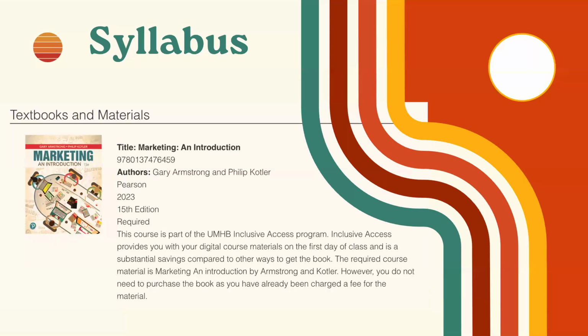Okay. So the book is crucial. Again, you're not going to get to be in class with me as we go through all this stuff. And so the book is crucial. And this is the book. It's called Marketing: An Introduction by Gary Armstrong and Philip Kotler. It's a little bit older, so it's a little bit cheaper. But there you have the title, the ISBN number, and everything there. So just make sure, based on the picture and everything else, that you get the right book, because the book will be crucial to your progress and your success in this class.